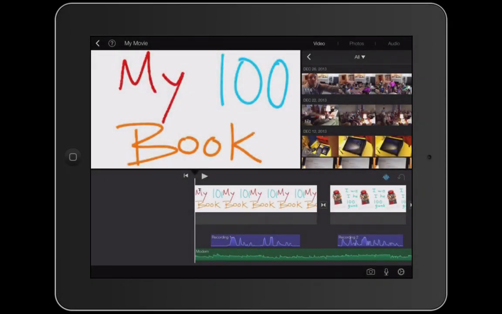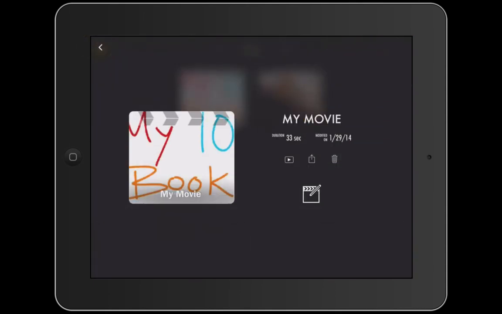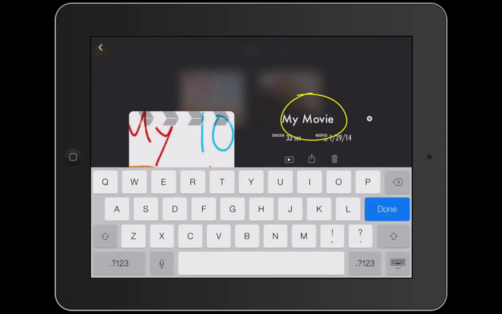Once you have completed your movie and you're satisfied with it, the last step that we need to do is to save it. And what you're going to do is at the very top left corner, the back arrow there, if you click on that, it will take you out. And the default name for it is My Movie. So if we click on where it says My Movie and hit the X button, let's put our names, and probably the best way to save these would be to put the